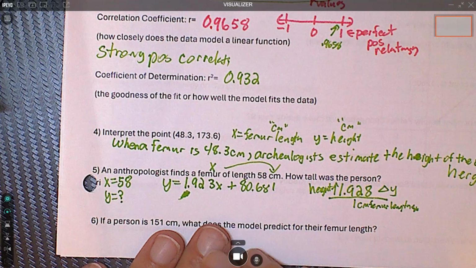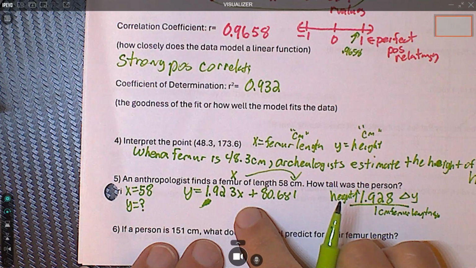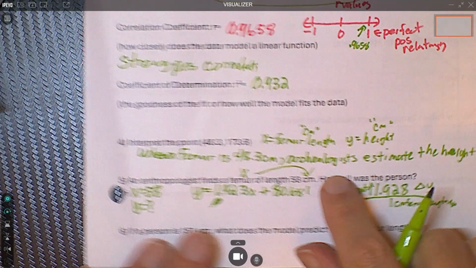Okay, so that's what that's telling us. And if we know the height of the femur is 58,